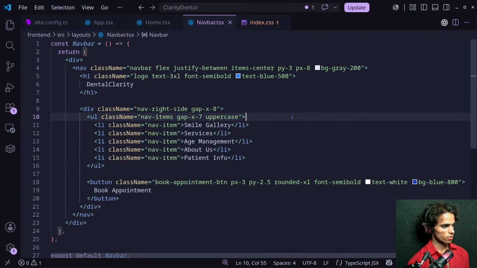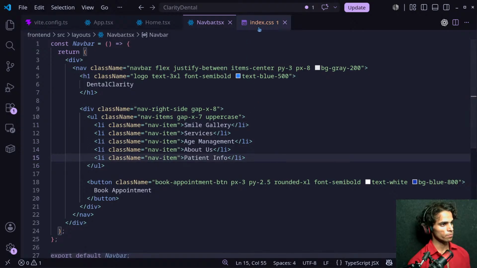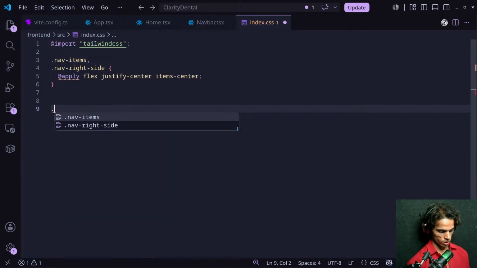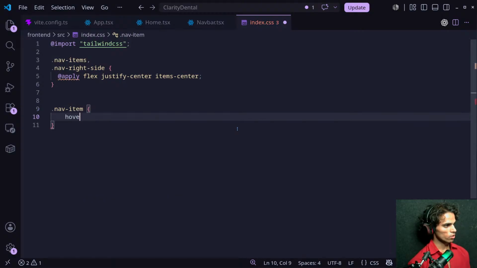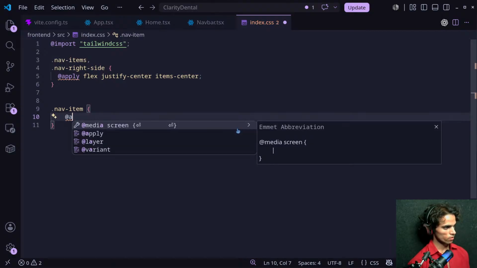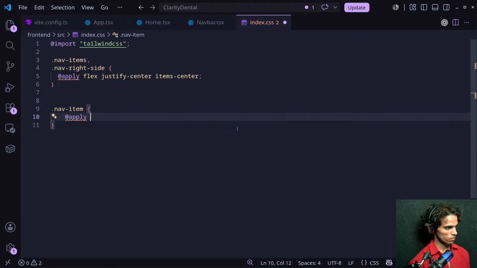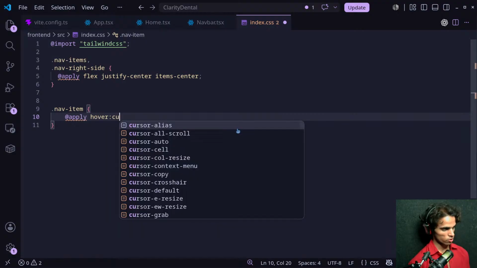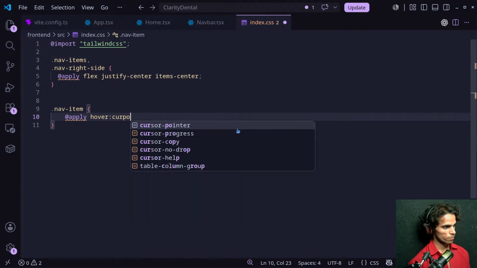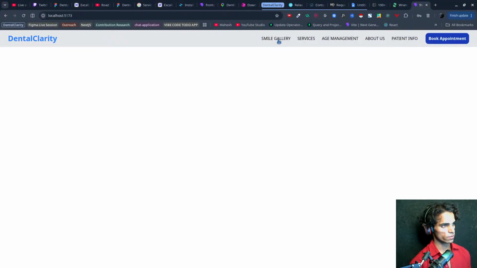So let's get into this, and this is on nav item. Now I will style them here, that for every nav item on hover, I want the cursor to be a pointer, okay. So let's see now.